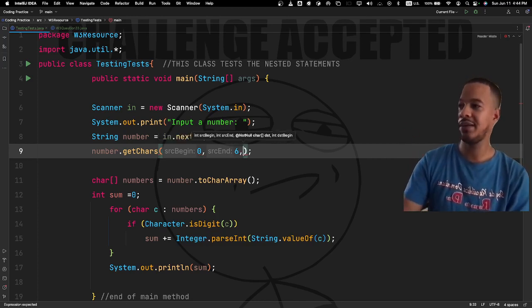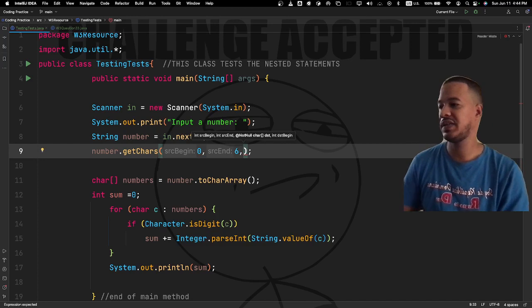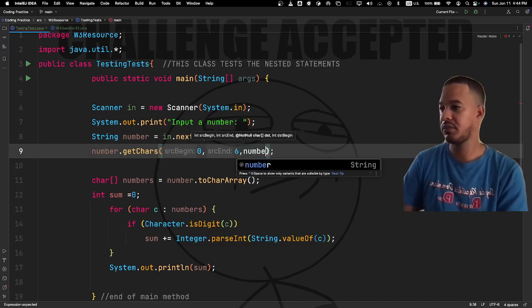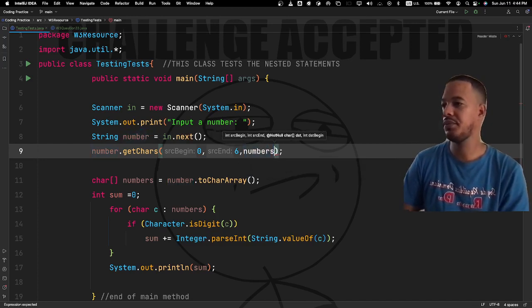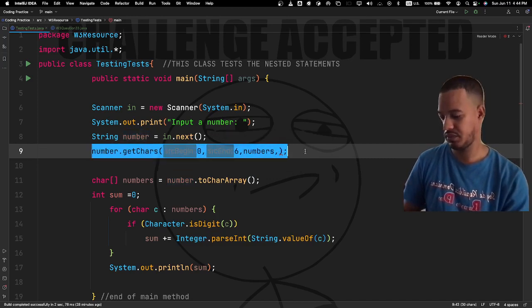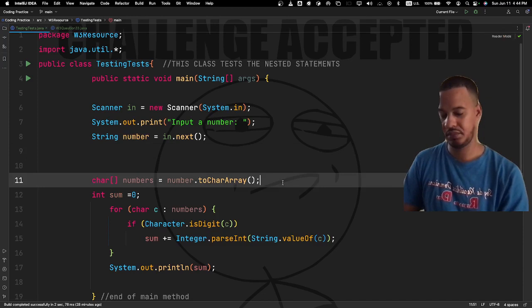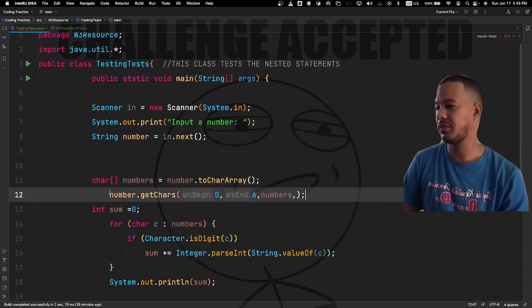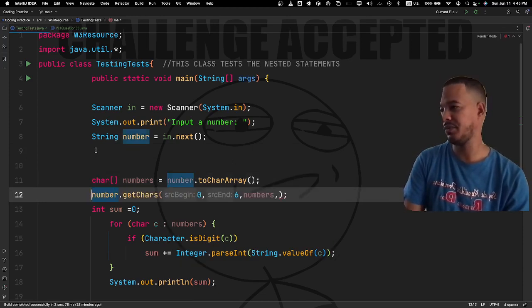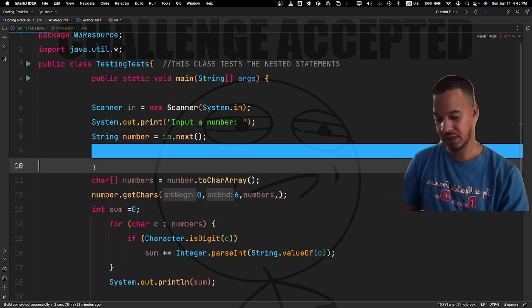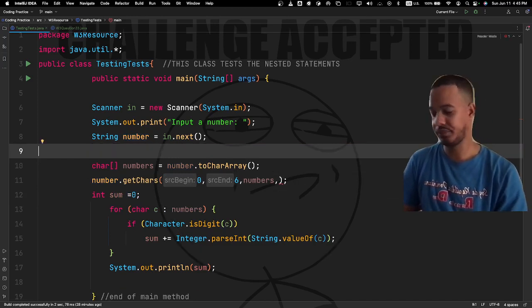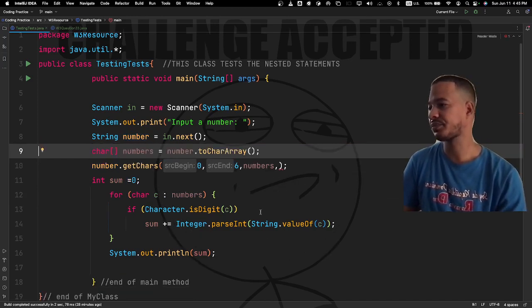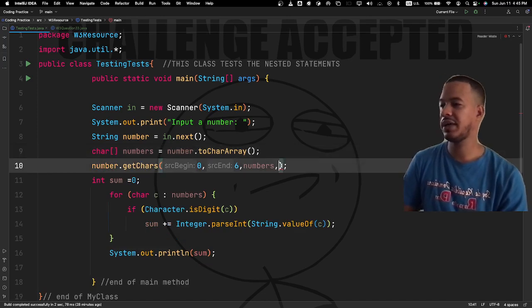And then you have to tell it where you're going to deposit it, which in this case is the numbers array. And I actually should move this down here because the array was created on line 11. So let me delete these lines and delete that line. Okay, so to the numbers array, and then